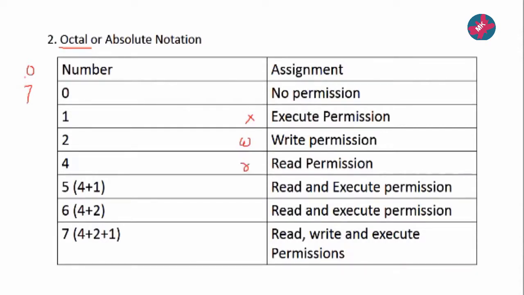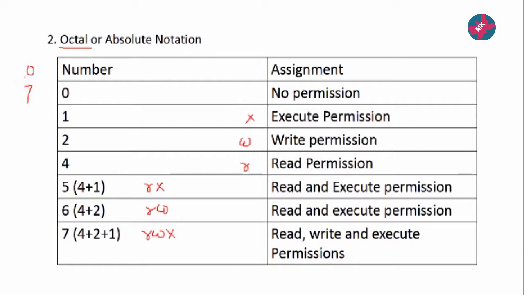And if I want to combine, say suppose two permissions, say suppose I write here 5. So 5 means what? 4 plus 1. Now 4 is what? Read is there, and 1 is what? Execute is there. So if I put 5, that means read and execute permissions are there. If I put 6, then read and write permission is there. And if I put 7, that means all the permissions are given. So this 7 and 0 are total opposites. Here no permission is there and 7 means all permissions are there.